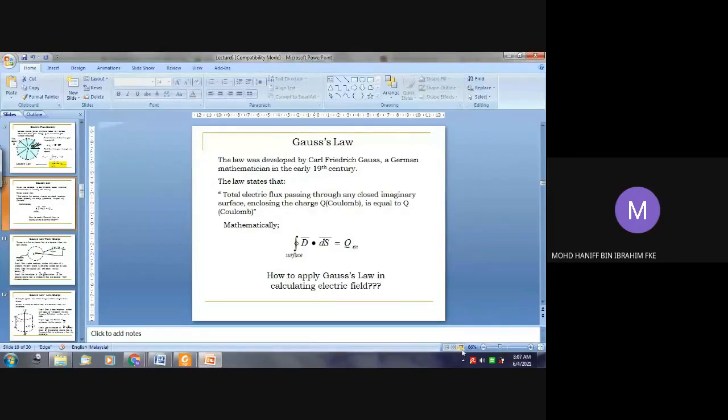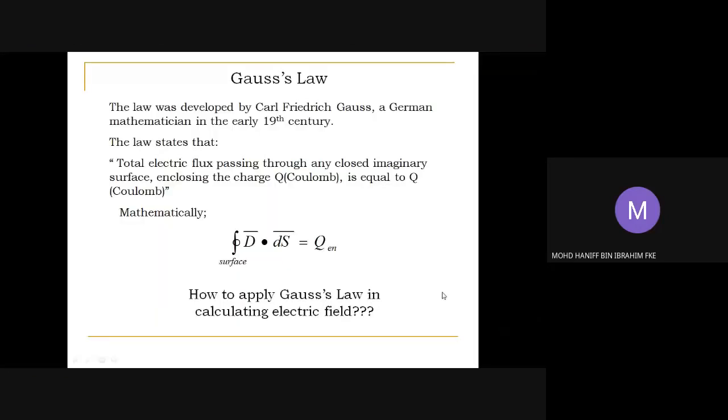So I think we can start with the topics of Gauss law. This is from what we have learned last Thursday. So we just continue with the topics of Gauss law now. All right. So this is what we have learned from our class last Thursday, the Gauss law, in which we